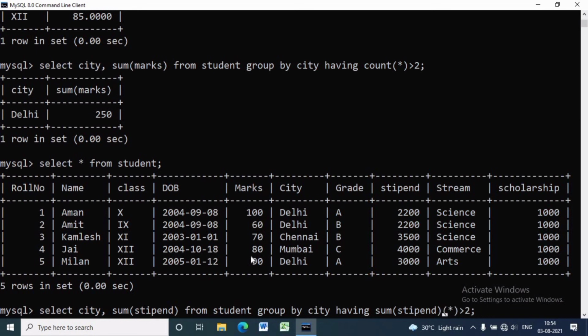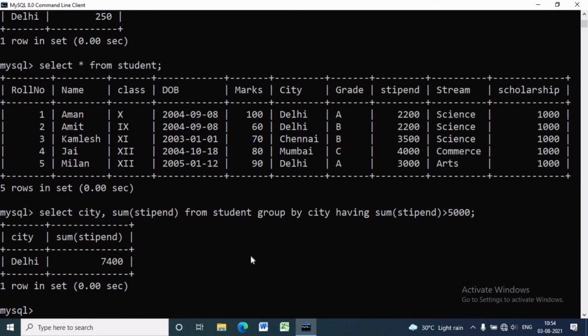In our case, it will be 2,200 plus 2,200 plus 3,000. It will be 7,400. Now we can see the result. It is city Delhi and sum stipend is 7,400.